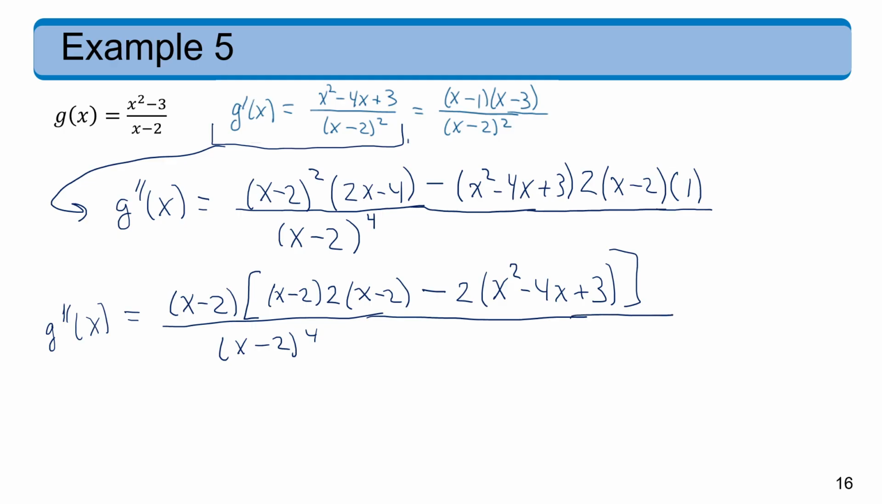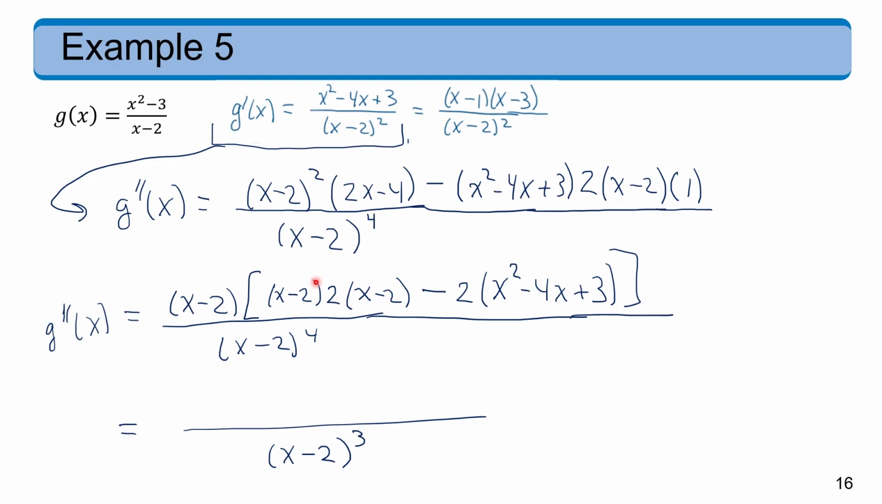Now let's look at what we can do. So notice this x minus 2 can cancel with one of these x minus 2's. So let's do that. In our next simplification, the denominator, we lose one of these factors, so now it's cubed. And then we've canceled this out, so that's gone. Now here,